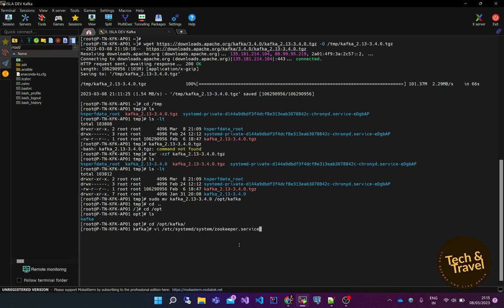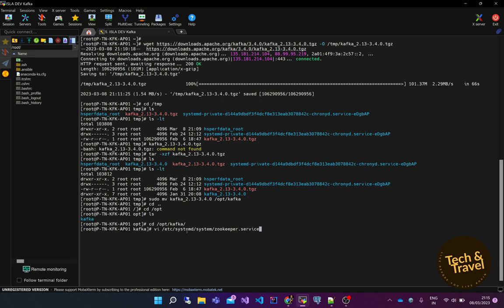If you want, you can run it directly using these scripts, but I wanted to create this service so that your Kafka and Zookeeper run automatically when your system starts, instead of you running it manually. As you can see, I am creating the zookeeper.service file, which will be located